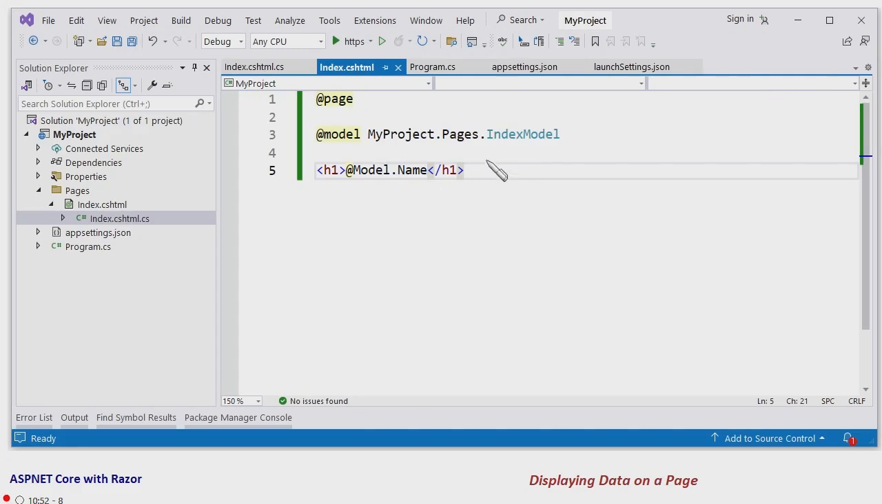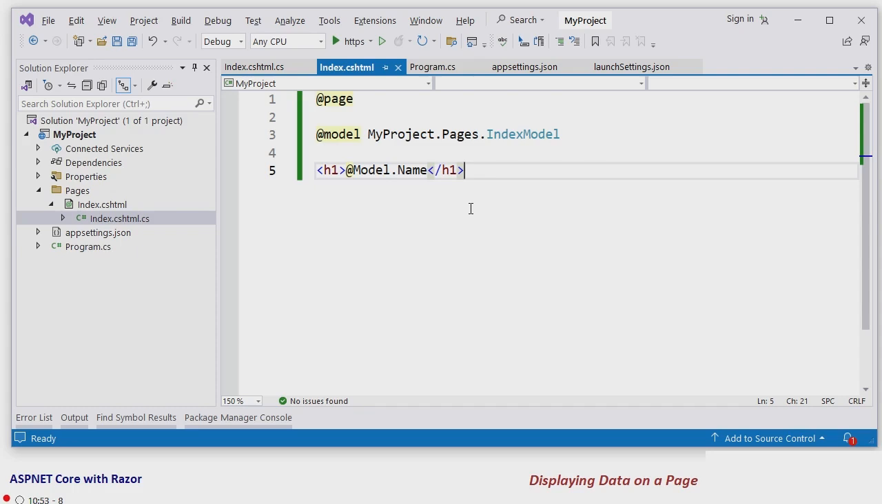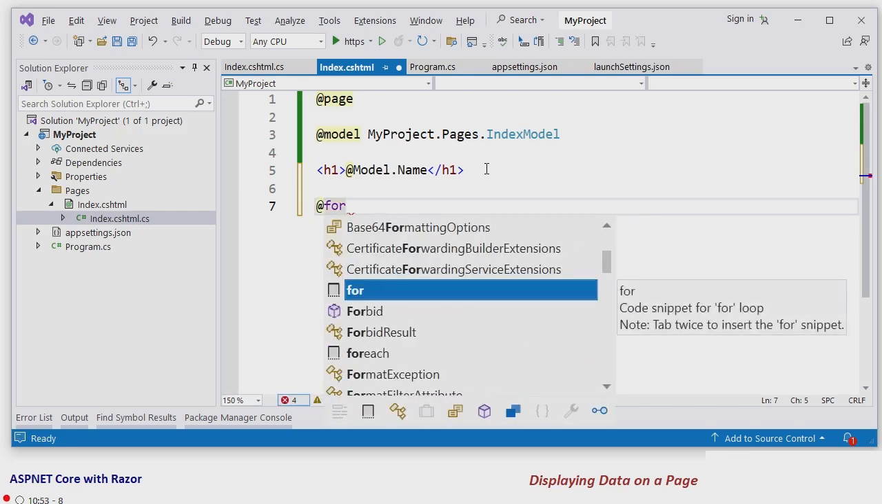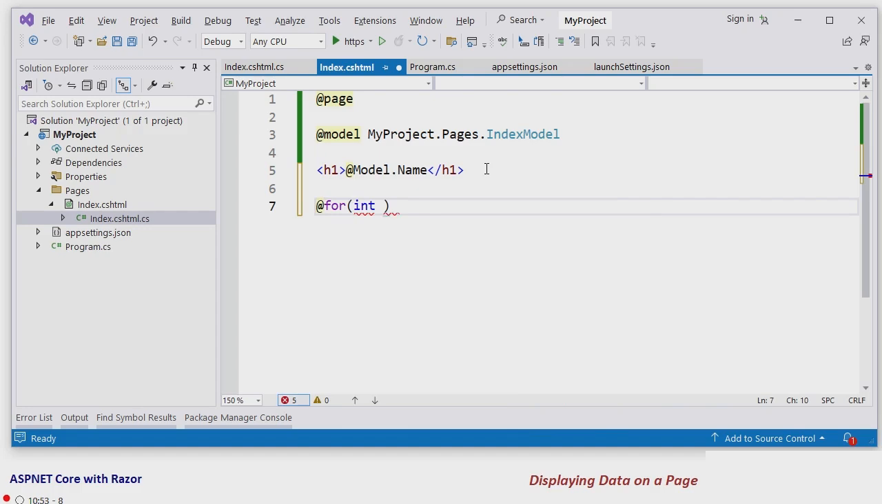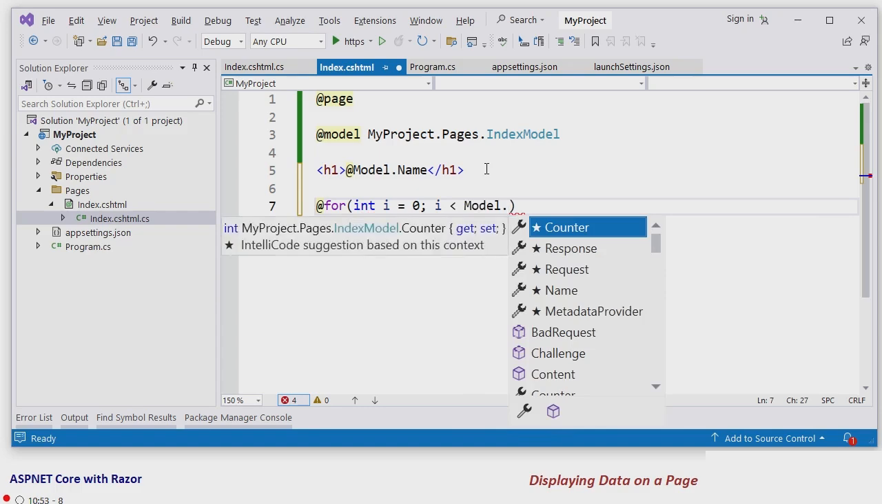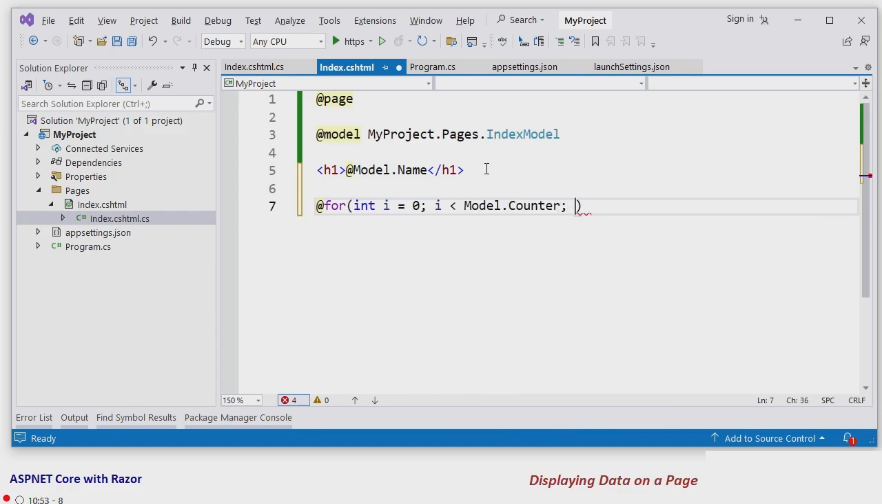So this is what we displayed, and next we can now use a for loop to display that counter. Int i equal to 0, i less than model dot counter. We don't need to use the @ sign everywhere. It has to be used only where a new code starts, i++,